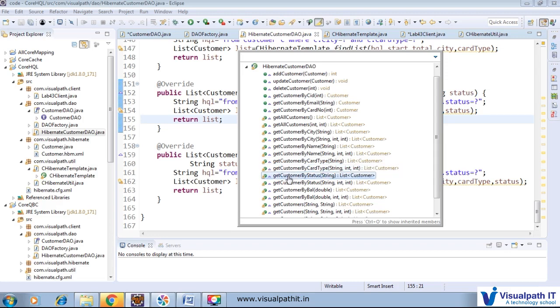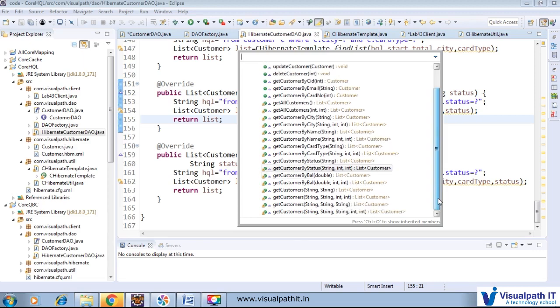In the get customer by status method, we will pass that particular status and we will get the list of all customers whose status is active, inactive, kind of thing. Here the same thing we apply with the pagination concept. Next is get customer by balance. We will pass that particular balance and retrieve all the customers whose balance belongs to the particular number. Maybe a huge amount of customers come, so we would like the pagination concept. So this method is responsible to apply get customer by balance as a pagination concept.